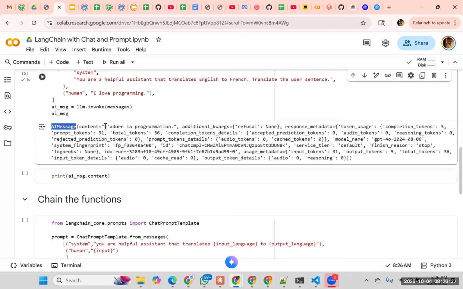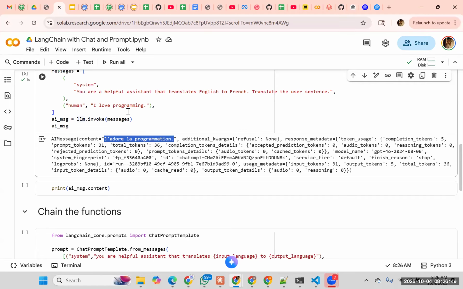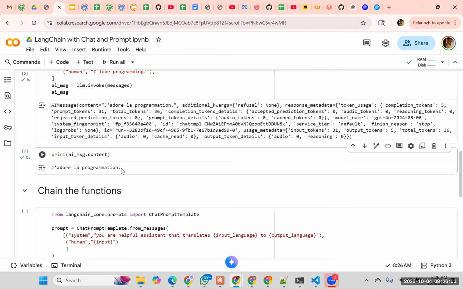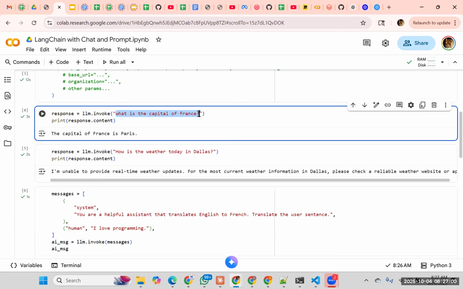The AI message is actually the response that the LLM model sends you. The content is the answer. So J'adore la programmation is the translation from English to French. There was no question here, I just gave a statement, and it gave me the answer. I can just print this. Now, if I ask this question here, what is the capital of France? The same question, if I